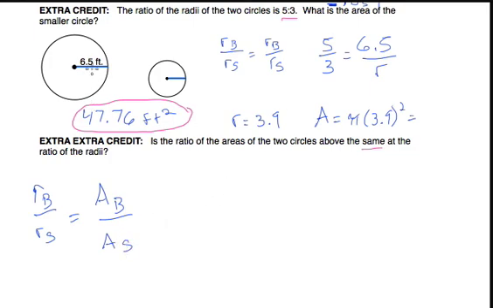All right, so we know that the radius of the big circle is 6.5. The radius of the small circle is 3.9. The area of the big circle we didn't calculate yet, but we know the area of the small circle is approximately 47.76. Now the area of the big circle is just pi r squared, so 6.5 squared times pi gives us approximately